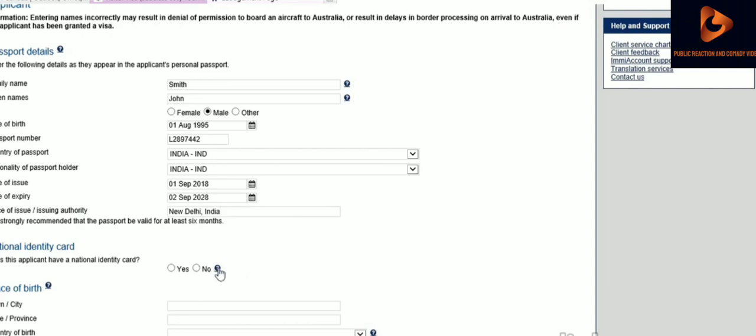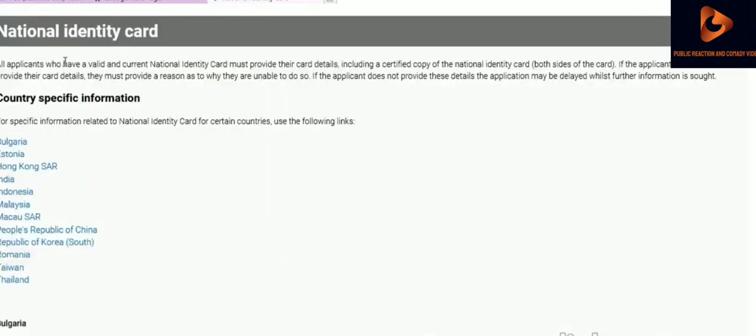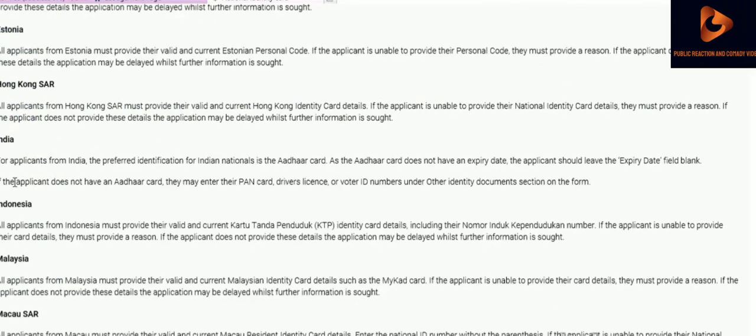National identity card, if you have, you can go for it. If you don't have, you can skip it. It's not a mandatory field. So for the national identity card, I have opened this page. All applicants who have a valid and current national identity card must provide their card details, including a certified copy of the national identity card, both sides of the card. Country specific information is given, so India is there. Because we have assumed the guy is from India,